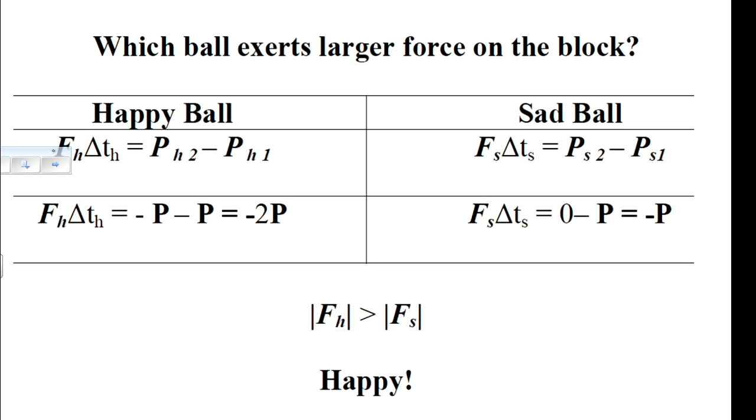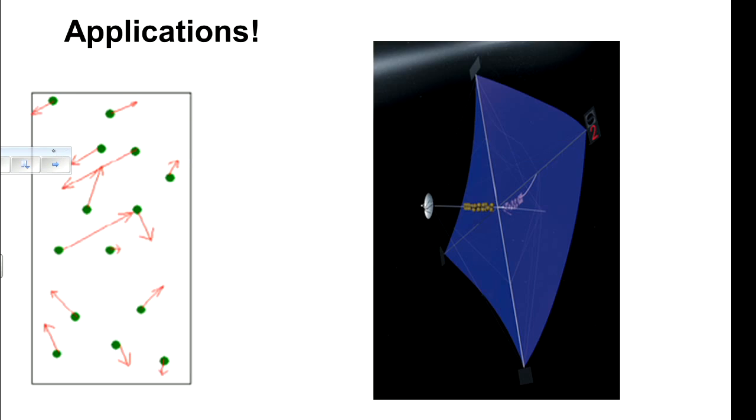And how do we use this? Well, there are many, many applications. For example, relatively soon, we're going to talk about gases. And each molecule acts like a happy ball. It hits the wall, hits the surface, and bounces back. So if we know how to calculate the force from a single molecule, we just multiply by the number of molecules, and we get the force acting on the wall. Force over area is pressure. We can calculate the pressure gas exerts on anything.